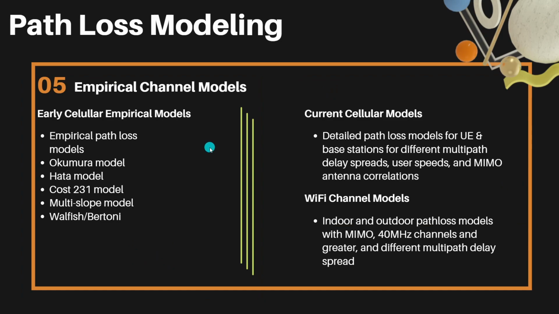Okay, now let's move on to the next part, which is the empirical channel models. First up, let's discuss the early cellular empirical models. The first one is the empirical path loss models. The next ones are the Okumura model, Hata model, COST 231 model, multi-slope model, and the Walfisch or the Bertoni model. And for these empirical models,